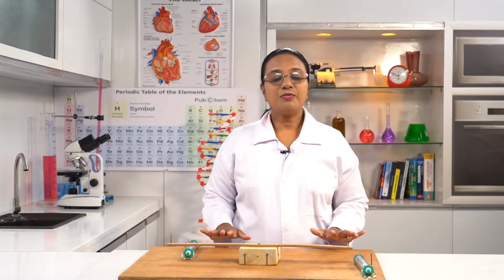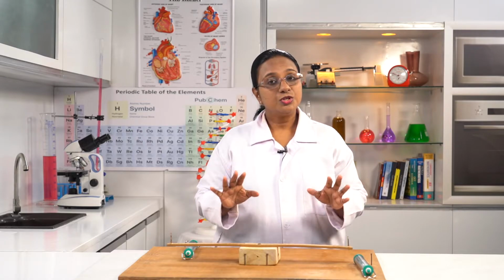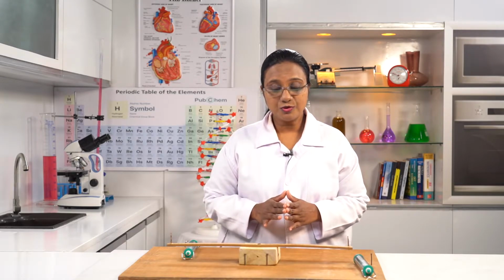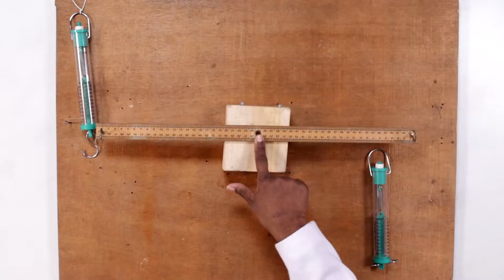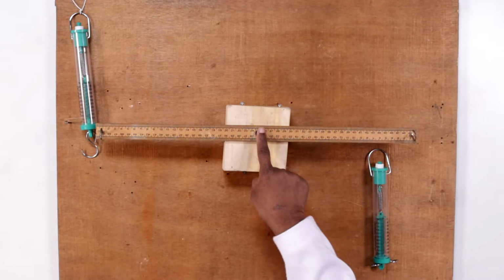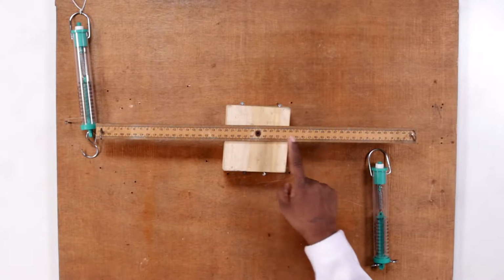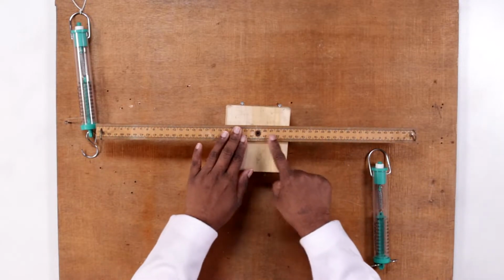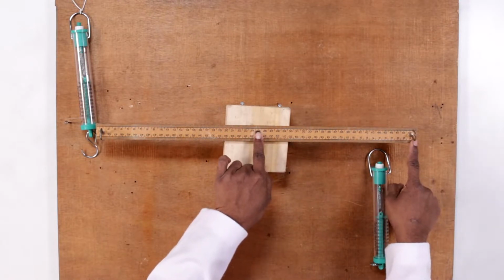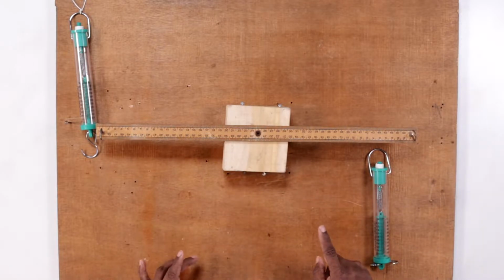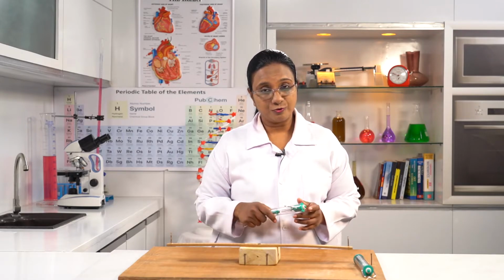Right, students. So now we are going to do this activity in order to understand couple of forces. So you are already familiar with moment of force. What is that? There needs to be an axis of rotation or a point of rotation through which you have an axis. So here this screw nut is the point of rotation. So from there, if we take this loop, that is the perpendicular distance between the point of rotation and the application of force. So using that, if I use just 1 Newton balance and apply a force, we will get